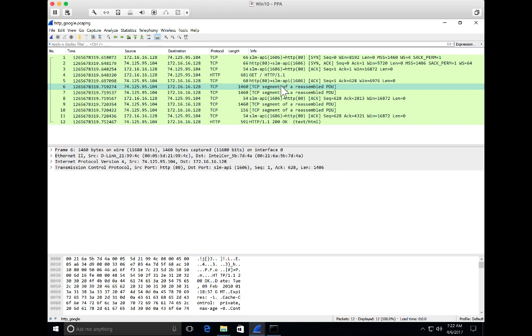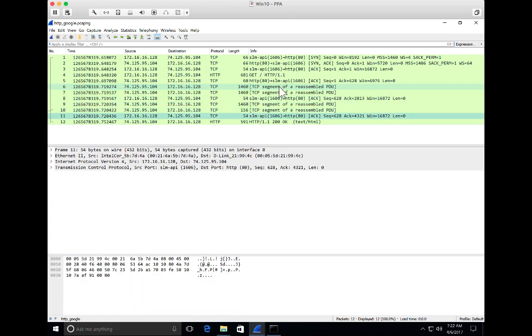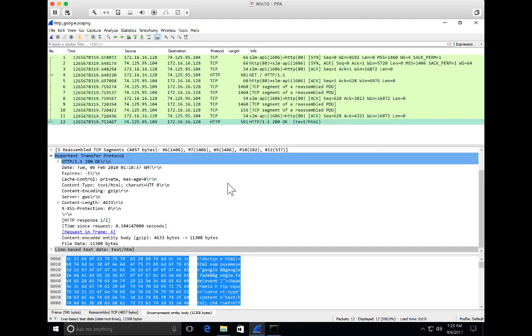So our message body is actually last, and our start line's first. But the way Wireshark chooses to show you that, if you want to dig into it, is such that all of these packets here, so between packet 6 and 11, those are all TCP data packets. So we see those packets. Here's a couple of them here. Here's an acknowledgement. Here's a couple more. Here's another acknowledgement. And then the final packet is actually going to show you the completed